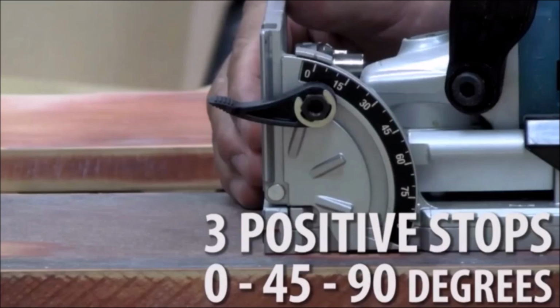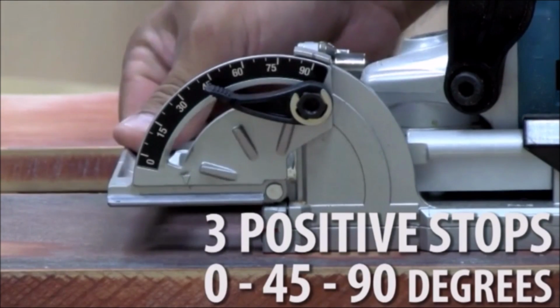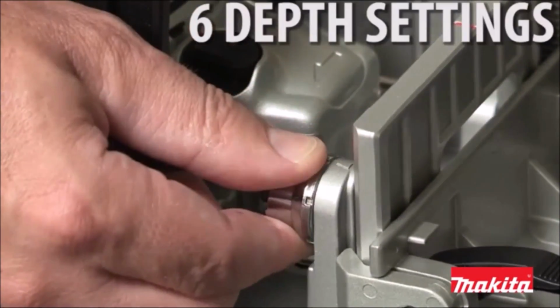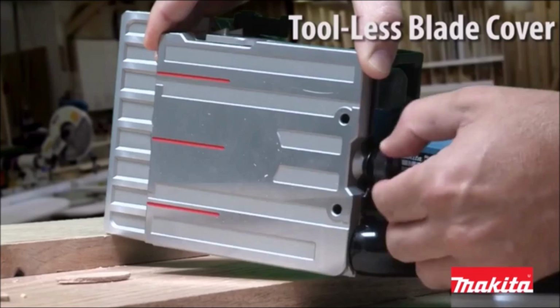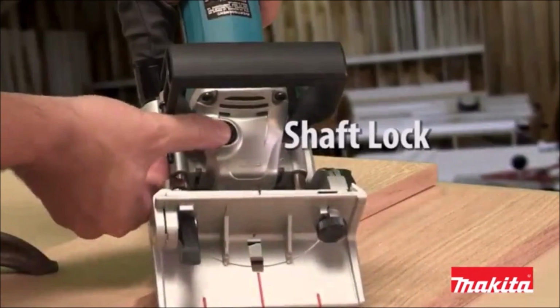during setup. The PJ7000 also boasts 6 depth settings with 1 touch stops for the most common biscuit sizes, including number 0, number 10, and number 20. This versatility allows you to tailor your cuts to the specific requirements of your project, whether you're joining thin boards